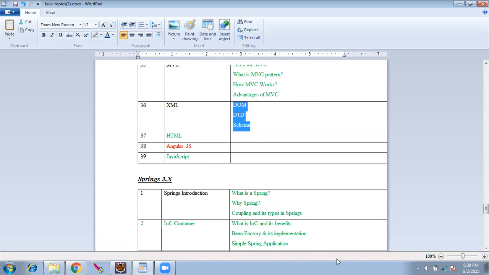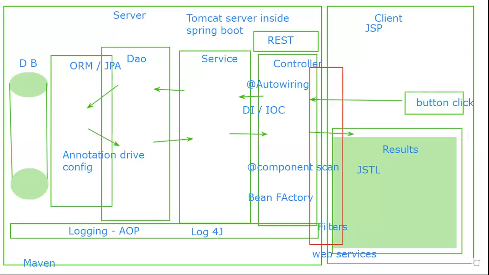The way it works is like this. I'll tell some basics about the DOM and DTD. Oh, the whiteboard is still retaining.